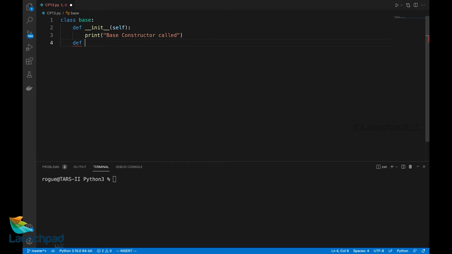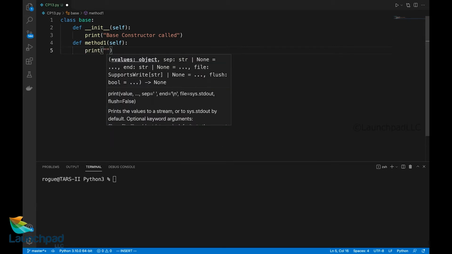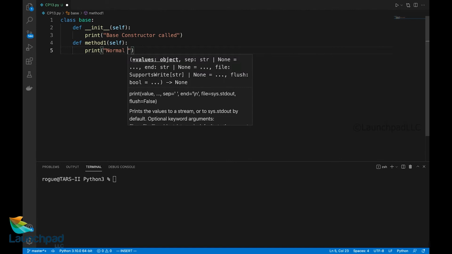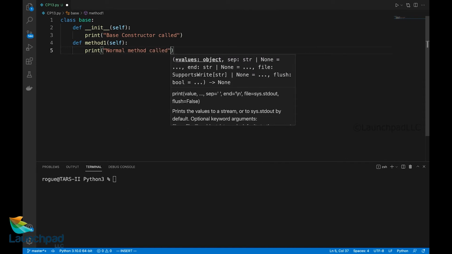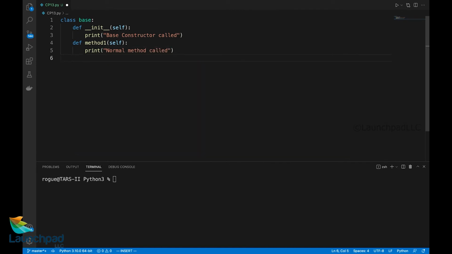I'll create a common method called method1, which again takes the self keyword. This is a member function. Print normal method called. And I will also like to create a static method.